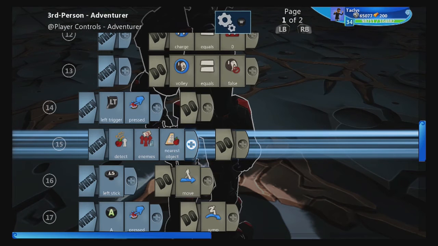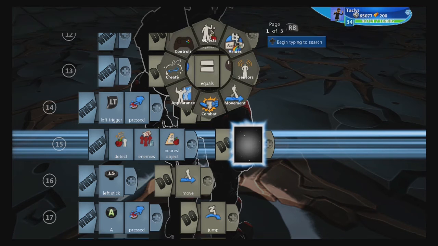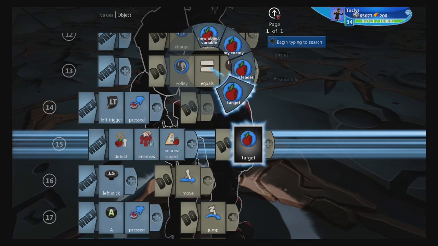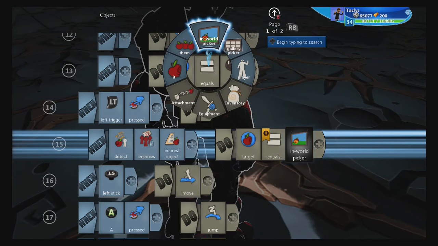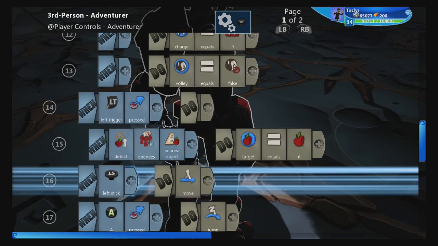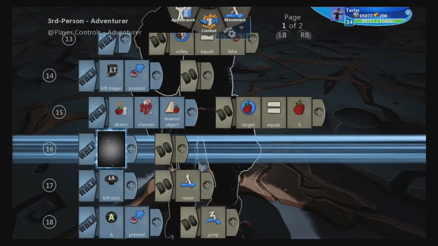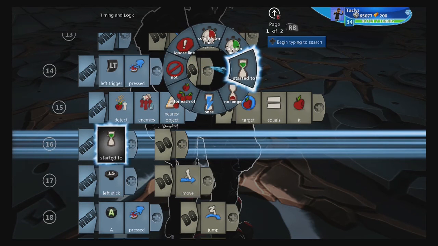And I'll leave it at that. This keeps you pretty close range with your lock on, but that'll work for now. Then target equals it. There we go. And then when no longer